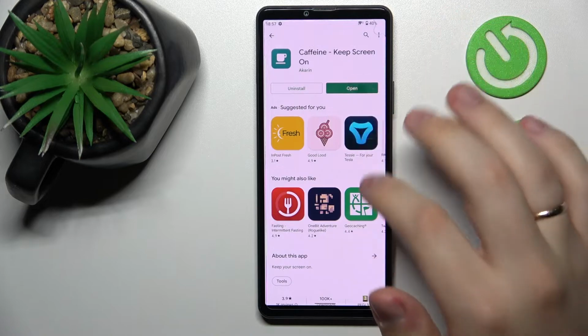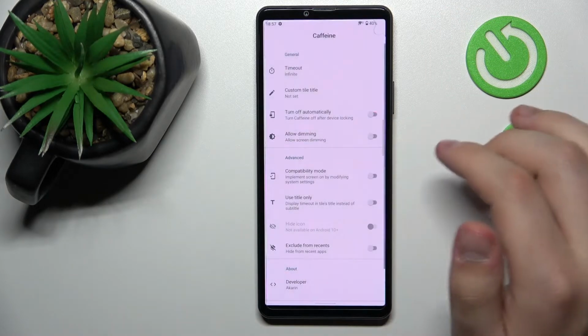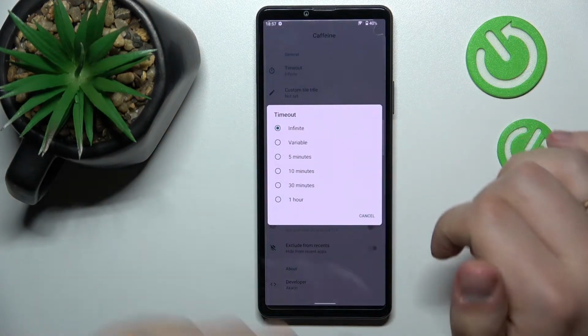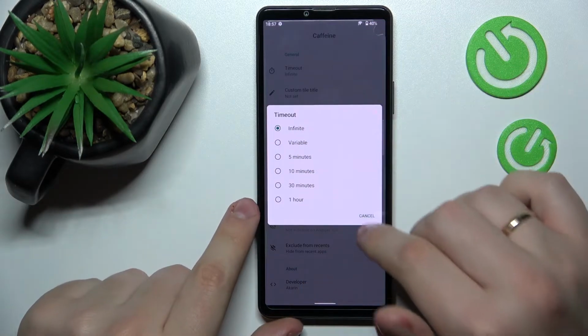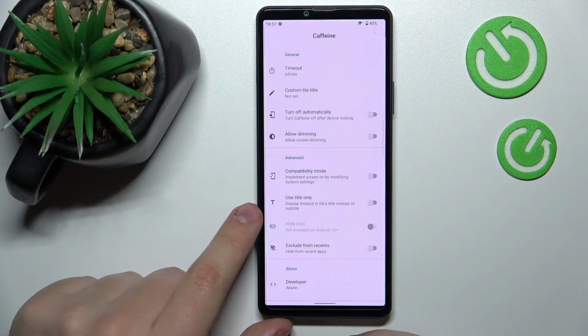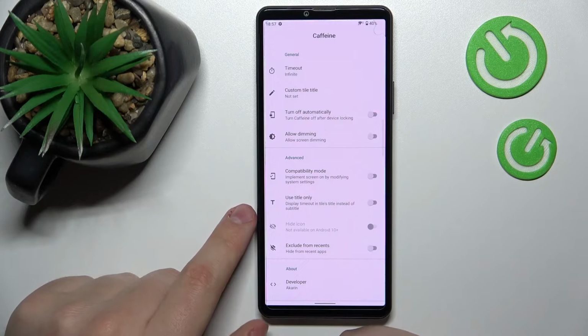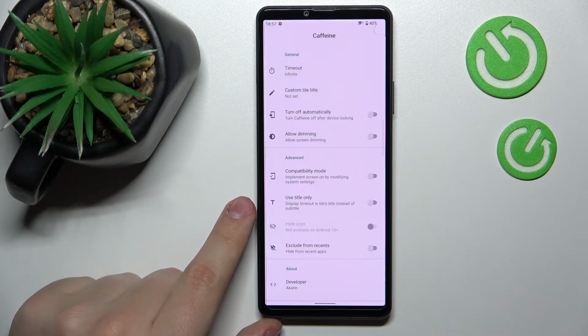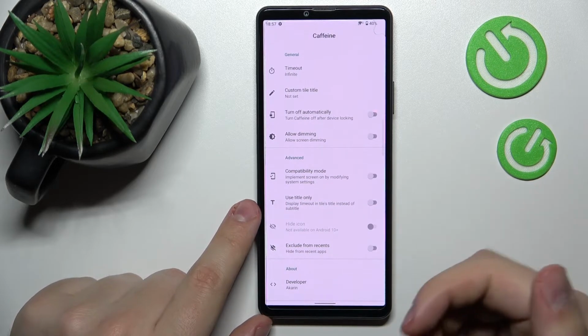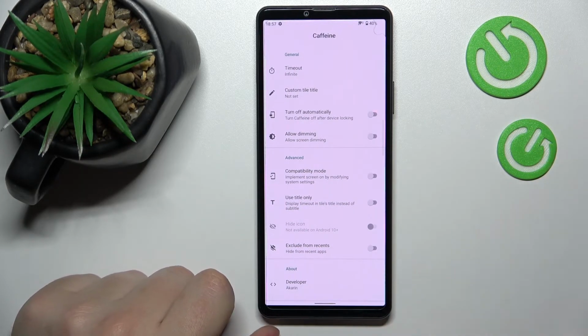Now just open the application, and all that is left to do is to make sure that the timeout section of it has the infinite value set, which will effectively mean that as long as the Caffeine app is active and running, your screen will not go to sleep, your screen will not turn off automatically at all, no matter for how much time you do not use it, or no matter for how much time you keep it